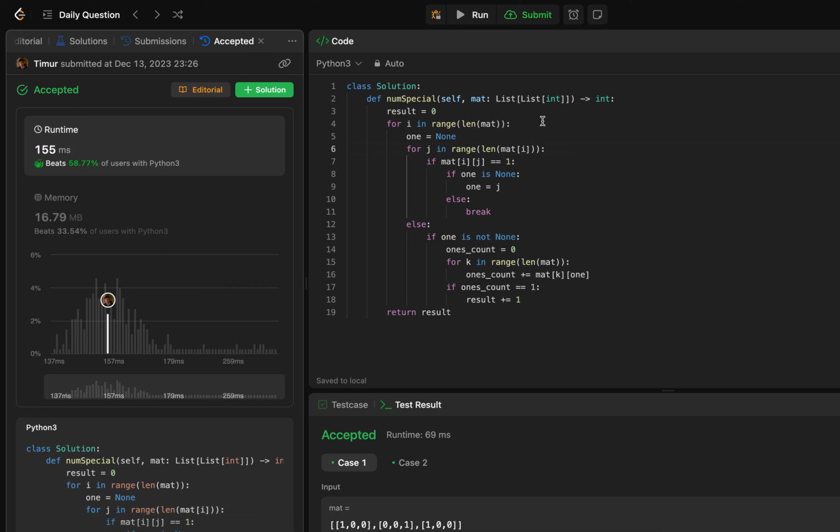So 100 to the power of 3, it's not too big. Also, it has a memory complexity of 1, so it's constant. It has constant memory because I didn't use any variable